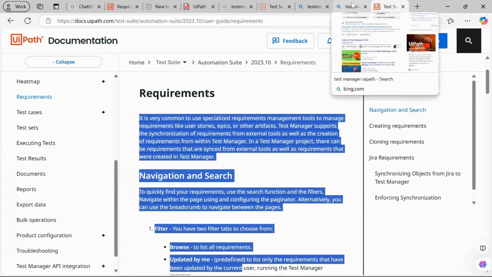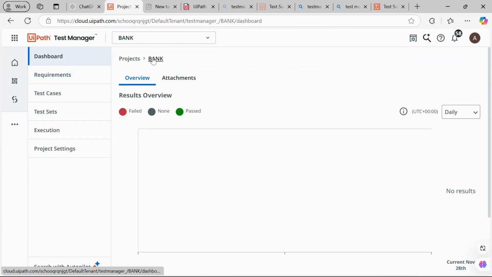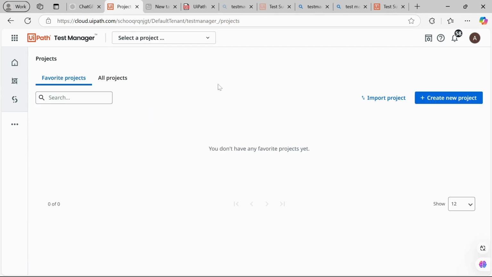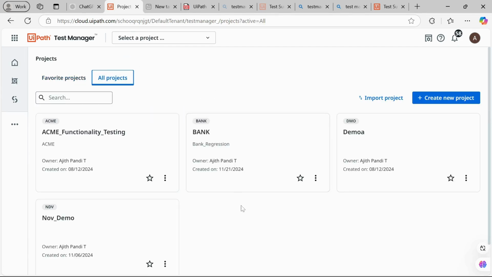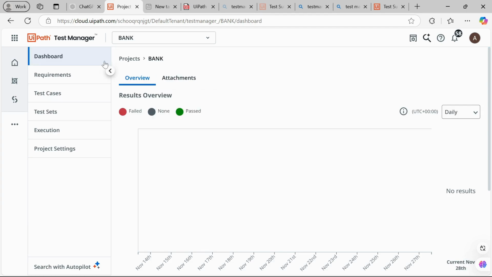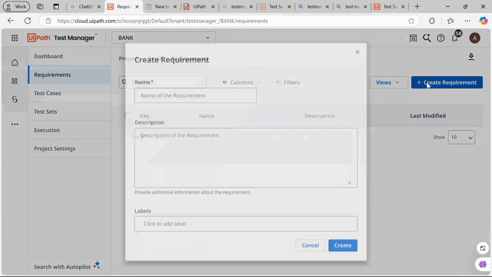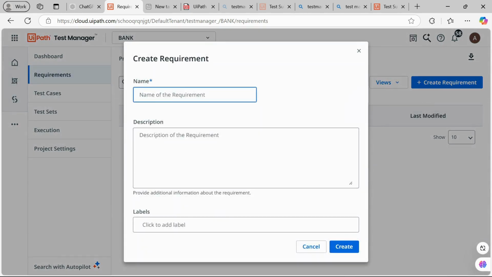So you can see, I will go here. I've already created one project here, the bank project. So I'm going to select bank here. Okay. Once I click on bank, you can see we have the requirement. A requirement is nothing but something from a non-technical person, from the user end. Hey team, I want to conduct some login scenario for the UA Bank website. Kindly contact. You can see they are just going to write like this: UA Bank login